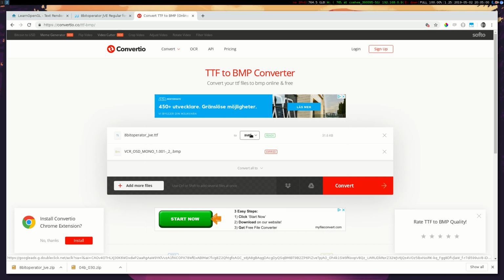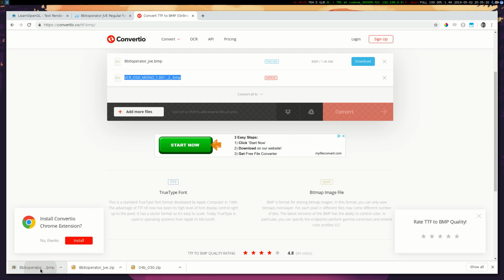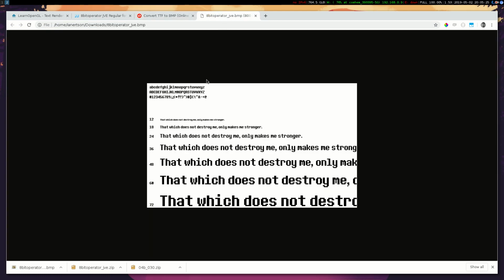Ready, BMP. Yeah. So how do I download it? Is it that one? No. Expired. Convert. So now we got a BMP here actually. So let's look at that one. Okay, all right. It wasn't exactly what I expected actually, but I guess we can use this part